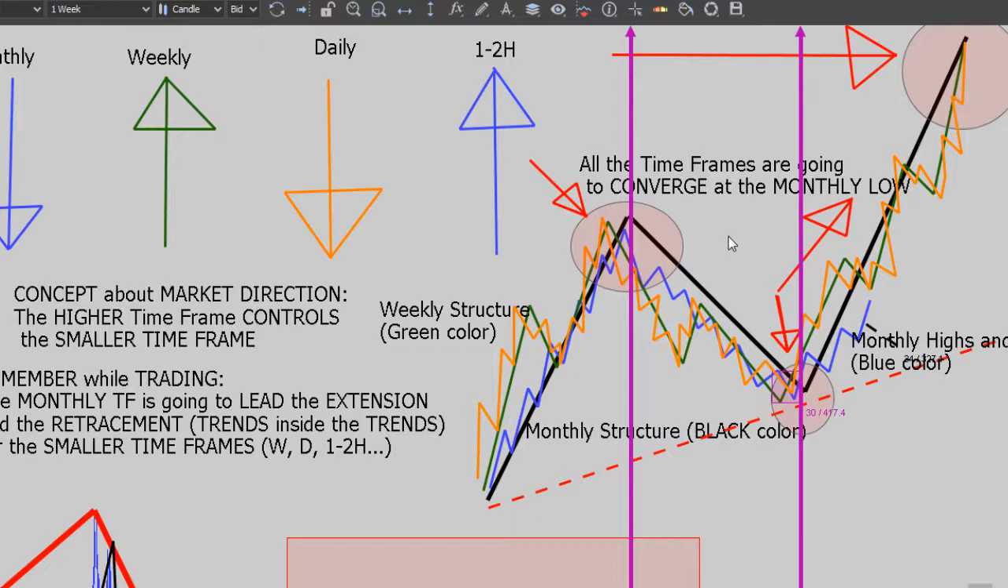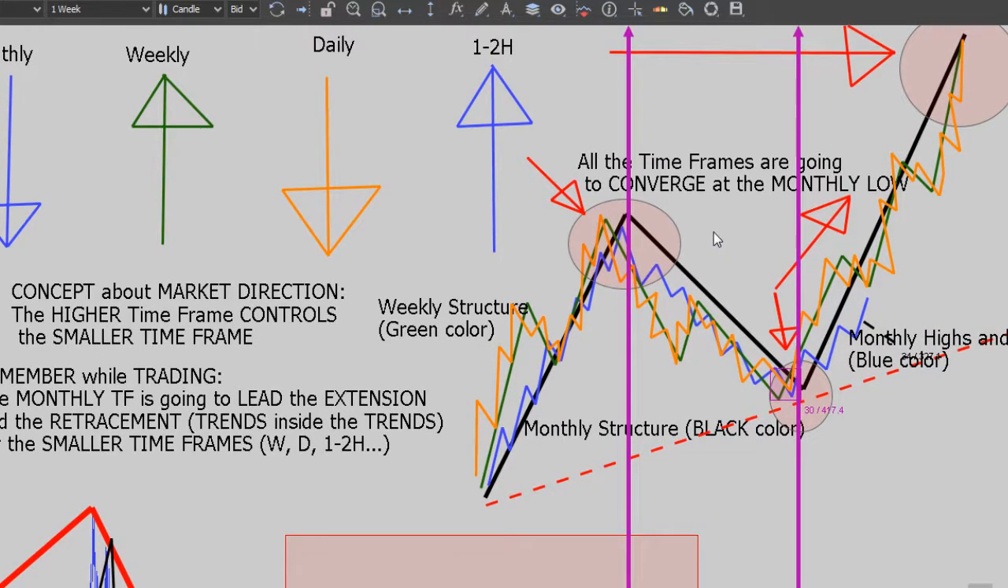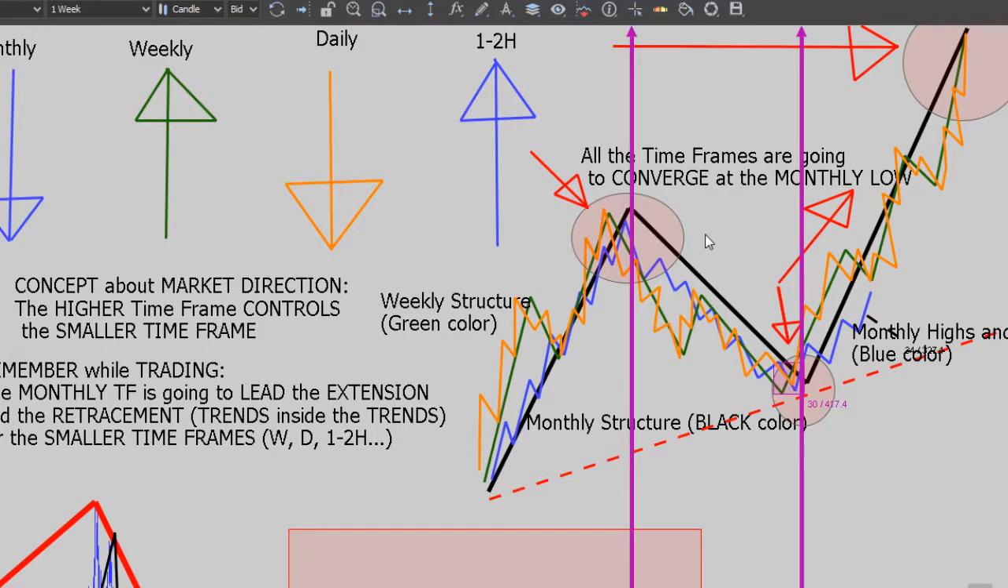Yes, Miguel, it's very complex. Yes, indeed. But the point is this. So if you know that the higher time frame controls the smaller time frame, what are you going to do? Are you going to trade all over, which you can, and it's not a problem, right? But the final point is this: if you are going to trade